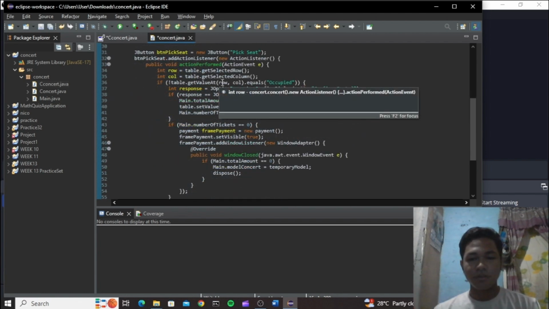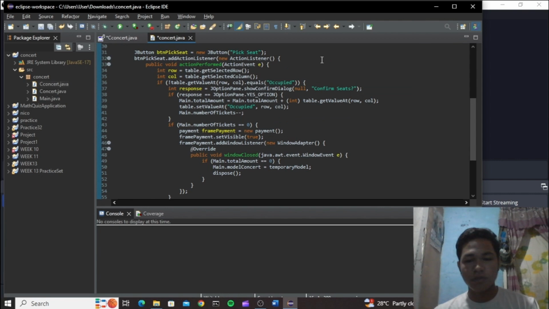A window listener ensures that the main window updates its seats model and closes properly when the payment window is closed, provided no payment was made. Additionally, if an occupied seat is selected, an error message prompts the user to choose a different seat. The layout and components of the GUI are managed within a JPanel, and the main frame is set to close on disposal and center on the screen.